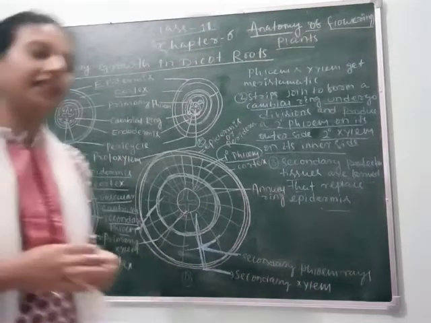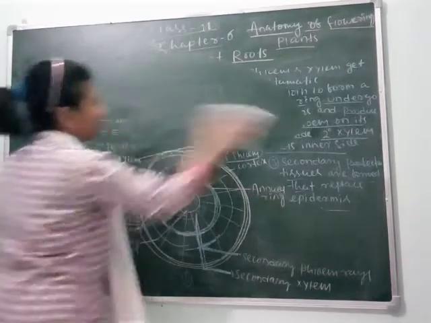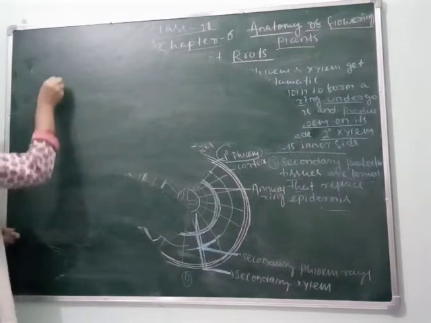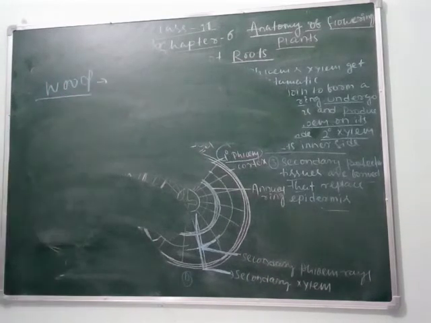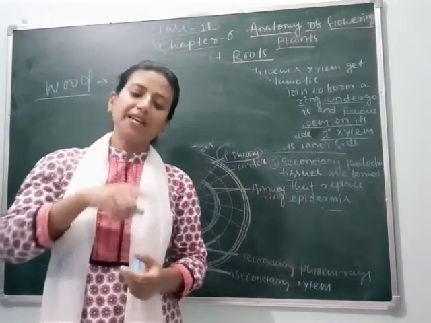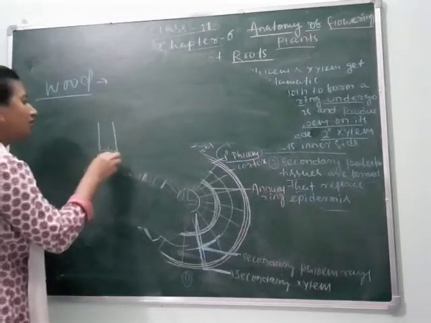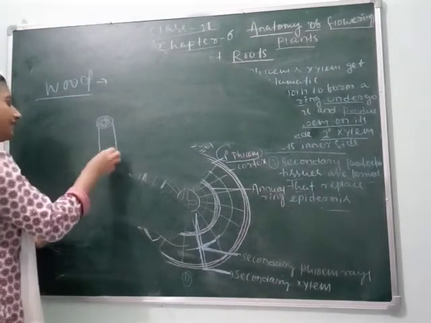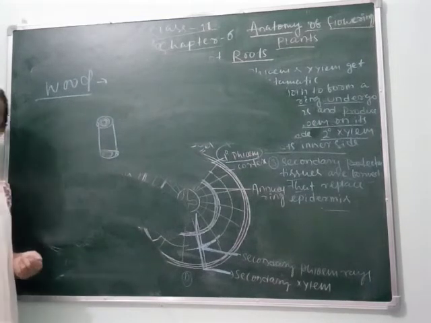So the next topic is different types of woods. As we know, wood in Hindi we can say lakdi. If we cut a plant, we see different shaded colors. Suppose this is a wood log. If we cut it, we can see it like this. Many annual rings are formed here. So how are they formed?